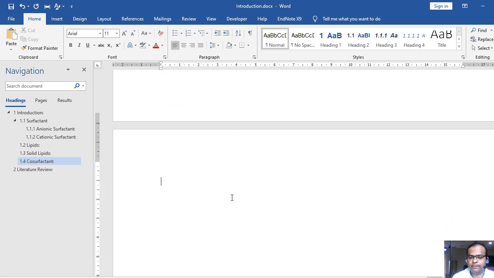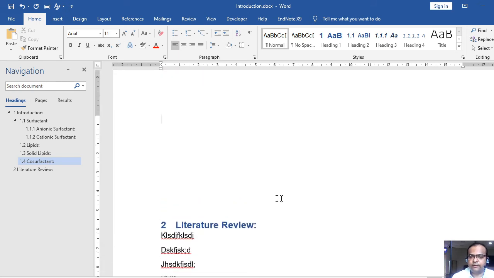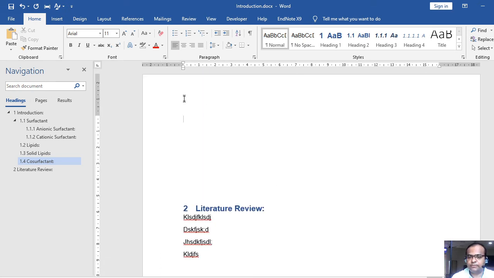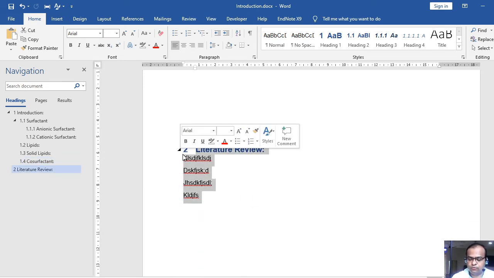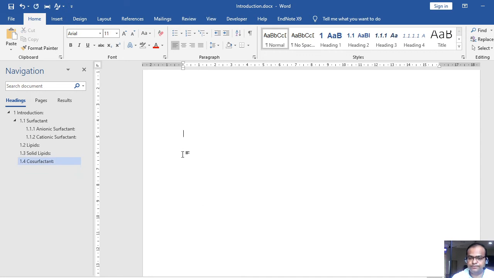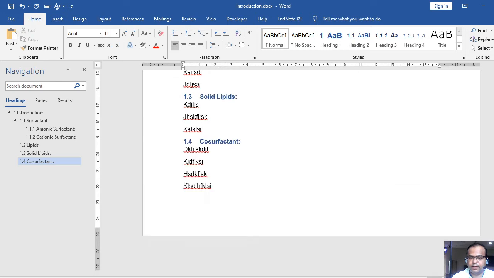See what happened: the entire formatting of your second chapter is moved down, right? In the same manner, if you are dealing with a 150-plus page thesis, all the formatting of the rest of the pages gets disturbed. So you should not move to a newer page by just giving multiple enters.